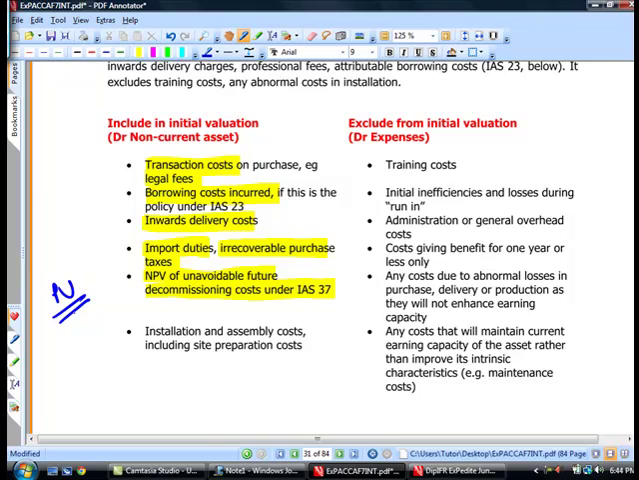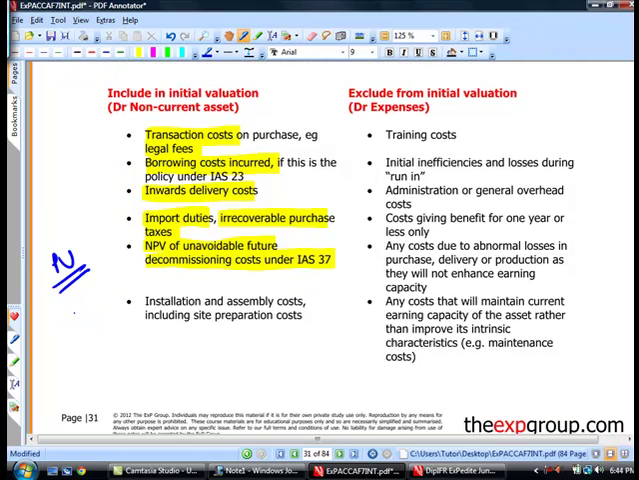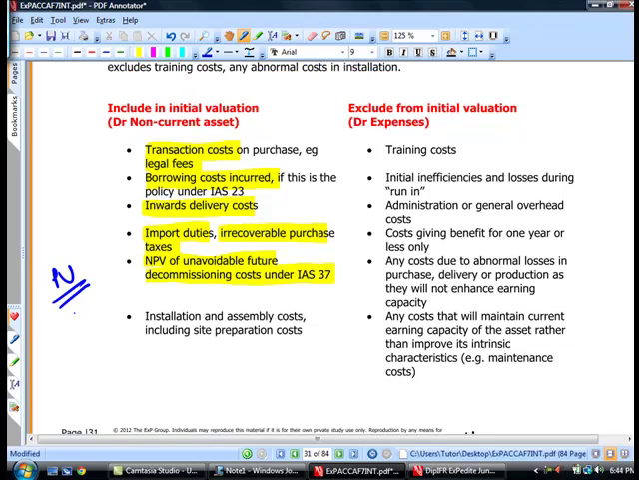And installation and assembly costs, site preparation costs. What we will never be including in the value of an asset is the training cost to be able to actually use the asset, any inefficiencies or losses at the first run-in of the equipment, any admin and general overhead costs, any costs which give benefit for 1 year or less, any cost due to abnormal losses in the purchase, delivery, production that will not actually enhance the earning capability